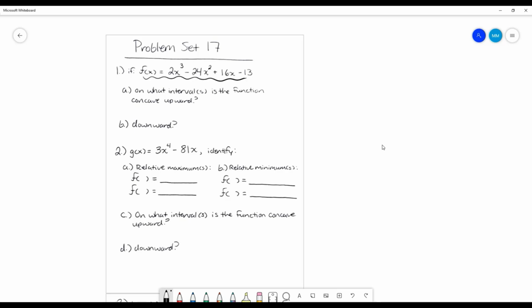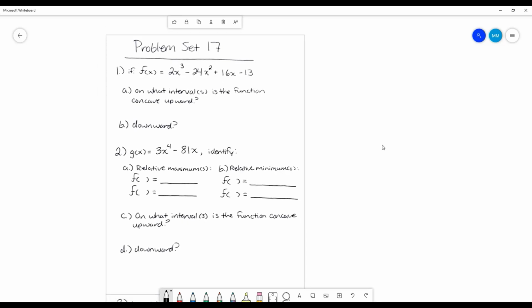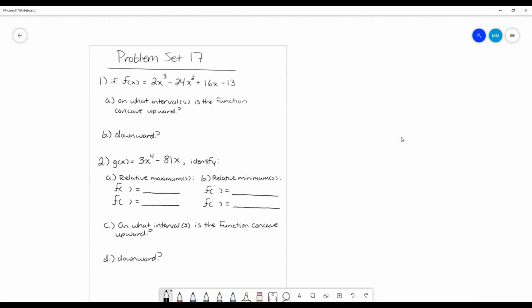So we've got f of x is this here. We want to know on what intervals is it concave upward, and on what intervals is it concave downward. So in order to figure out concavity, we have to take the first and second derivative, because our second derivative is what tells us whether or not a function is concave upward or downward at any given point. So if we take our first derivative, that's going to become 6x squared minus 48x plus 16. Then taking my second derivative, I've got